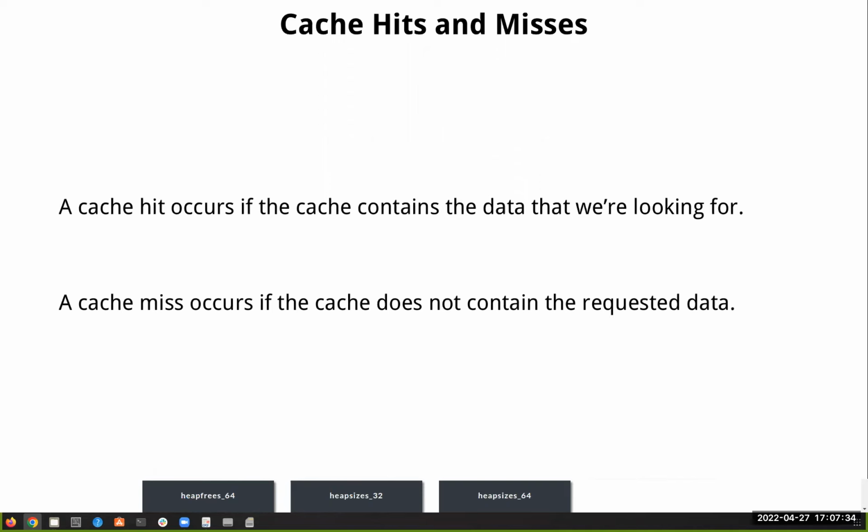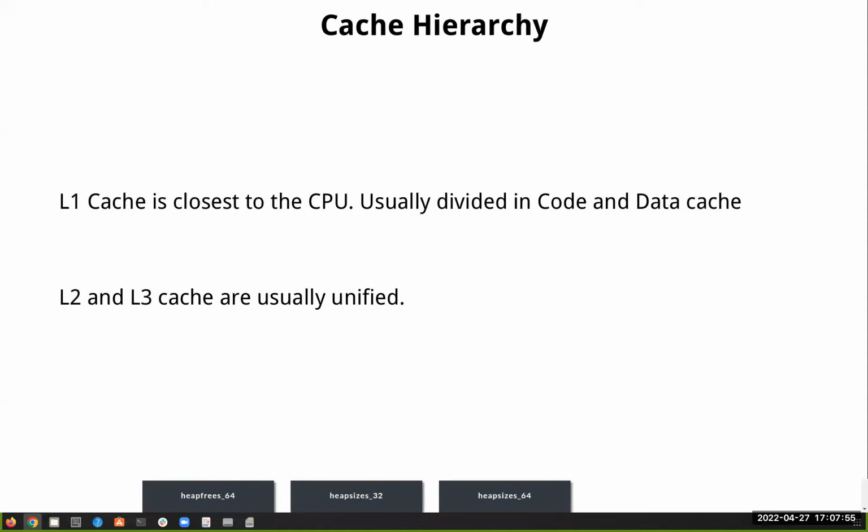And a cache miss means the cache doesn't have the requested data, but the CPU still needs the data. So the CPU will go to the DRAM to retrieve the data. So cache hit means the CPU can get the data very fast. Cache miss means the CPU will get the data in a very slow way. And as I just explained,